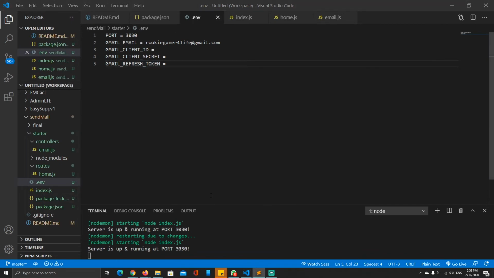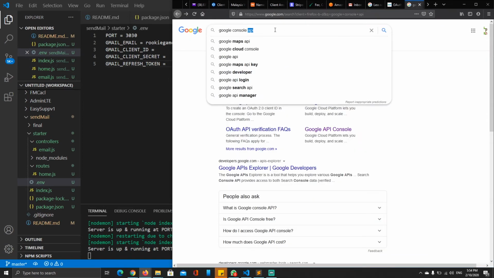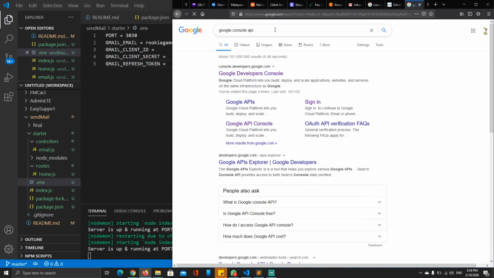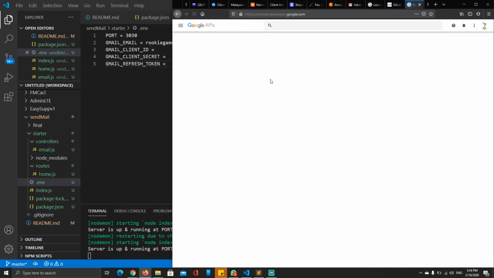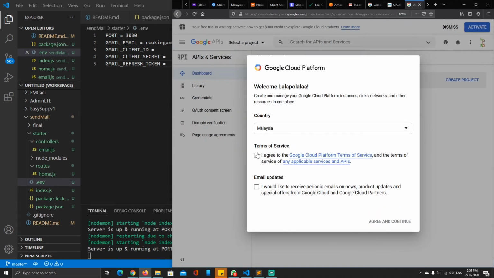So from here, go to your Gmail account. Just open your Gmail account, and then what you need to do is search for Google Console API, and then from there, click the first link, Google Developer Console. If you haven't touched this Google Developer Console yet, you're going to need to do something like this. You need to accept the terms of service, and the email updates if you like, that's up to you. I would want it. So just agree,